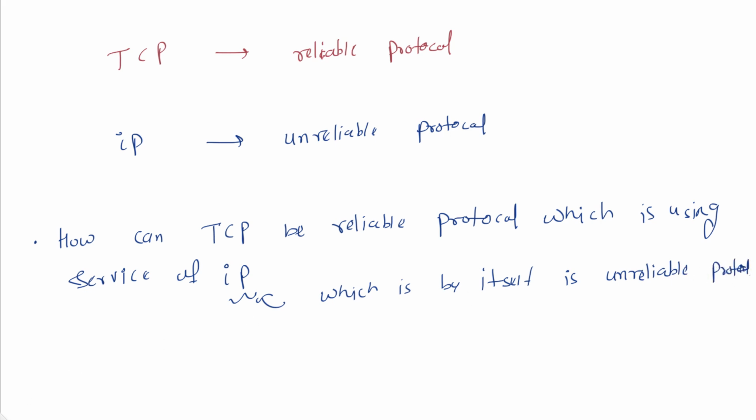So this question may confuse you, but the answer is very simple. The answer is that TCP guarantees reliable end-to-end reliability, which means that at the host, at the process level, or at the port level, it is guaranteeing that the data is reliable, which means